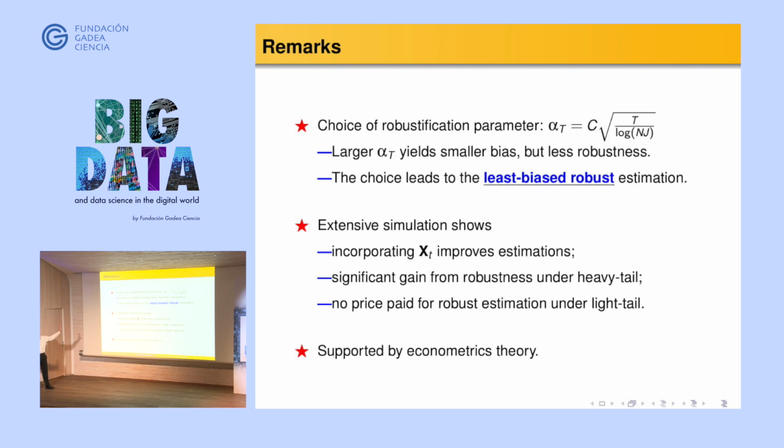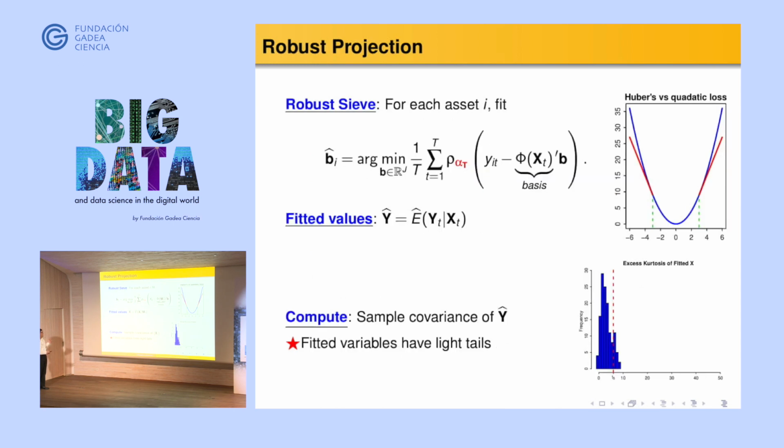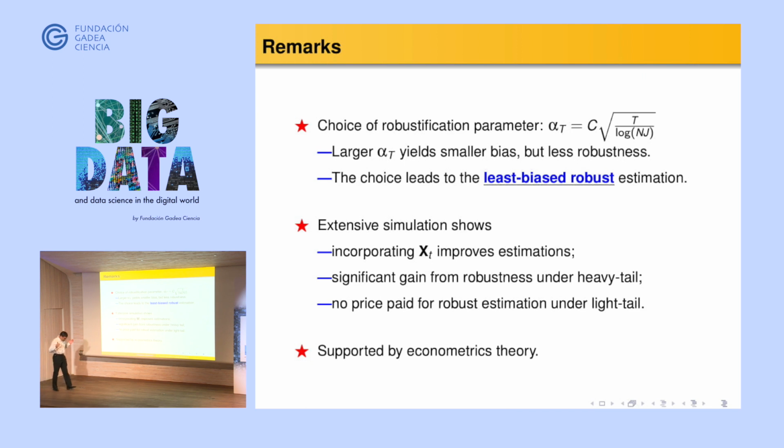And all these kinds of things, you can derive econometric theory to illustrate that. So I'm not going to get into the detail, but the idea I want to mention here is that the truncation level of the loss function is really a trade-off of two things, right? The bigger the truncation level, the more you get into the tail, so you are less robust. On the other hand, if alpha t is very small, you are very robust, but you create bias. So it's really a trade-off between bias and robustness.